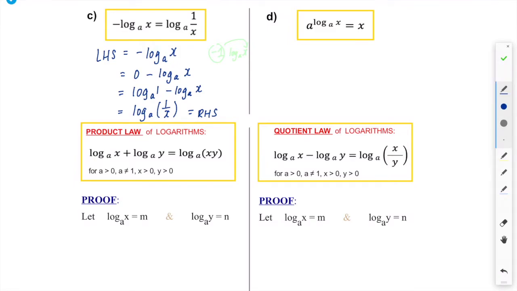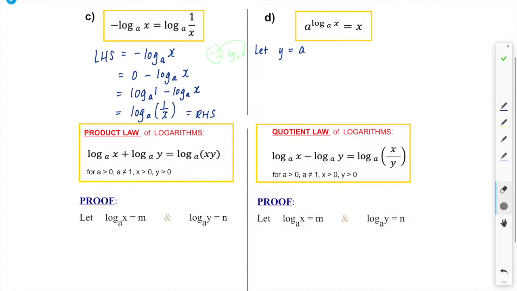Now let's move on to D. We have a to the power of log x base a equals to x, but we want to show they're equal to each other. Here we're going to do a little bit of substitution first. I'm going to let the left side expression to be y. So let y equals a of the exponent part,